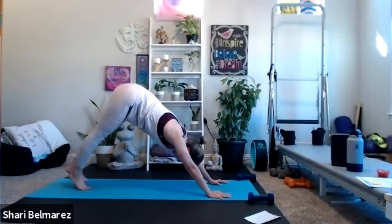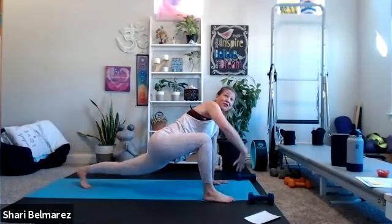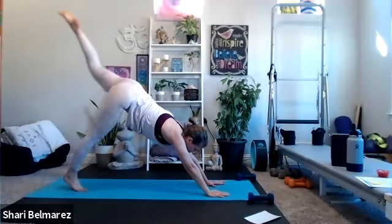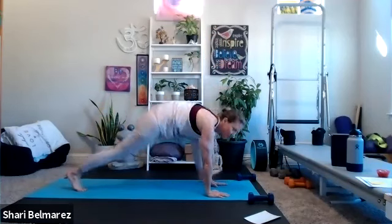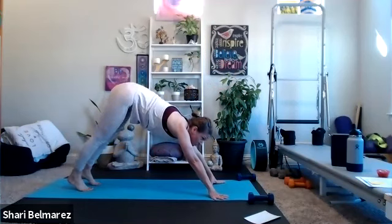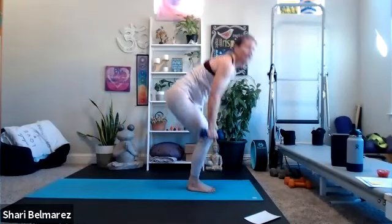From down dog, we go into that lizard lunge, or we sometimes call it groiner. Right arm lifts. Step back, down dog. Left leg lifts. Twist and open to the left. Step back, down dog. From here, we're going to walk, step, or hop our feet forward, grabbing our weights and